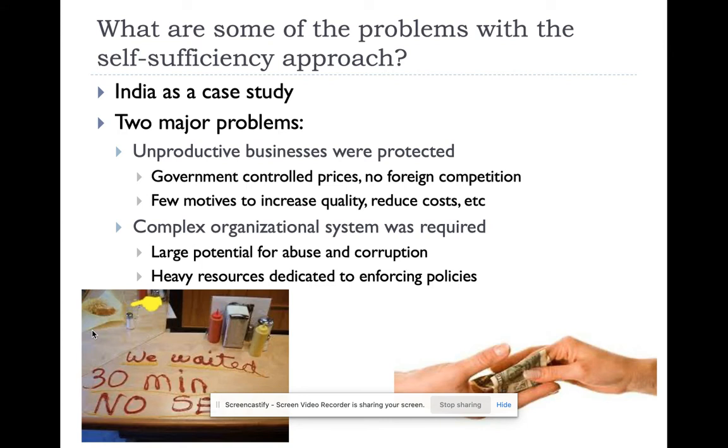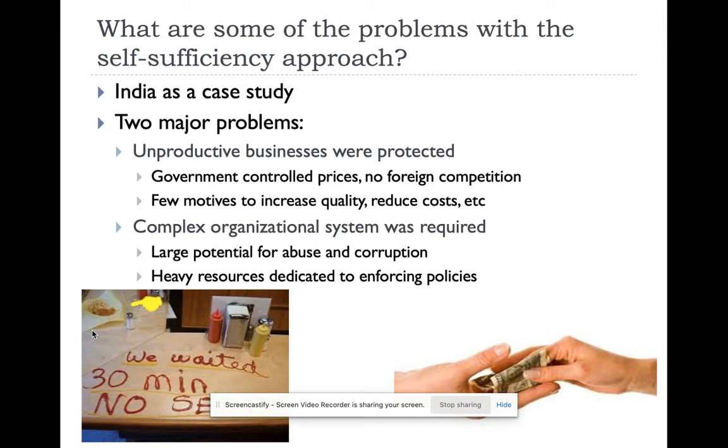is that you protect unproductive businesses. If there's no competition, there's no incentive to get better, right? So when the government controls prices, there's no foreign competition. There's not a lot of motive to get better, to reduce costs, to increase your quality. You get into a bit of a monopoly situation there. Right. And